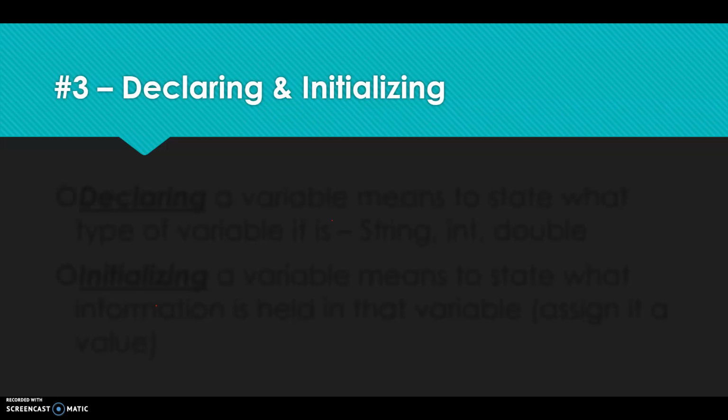Hi, I'm going to go through declaring and initializing variables now. You learned what types of variables we're going to be using to start with. We're going to use string, int, double, and char, and hopefully now you understand the difference between them. Now we're going to talk about how to declare a variable and initialize it so that you can use it